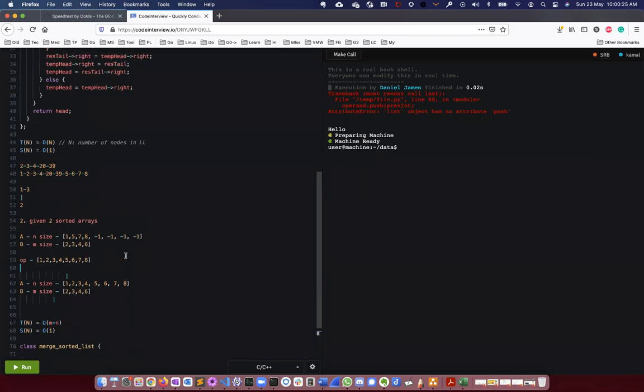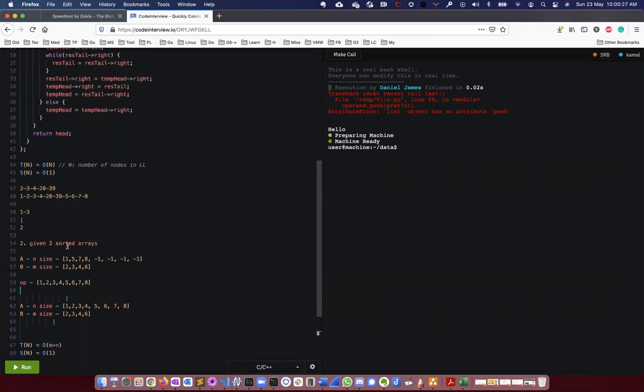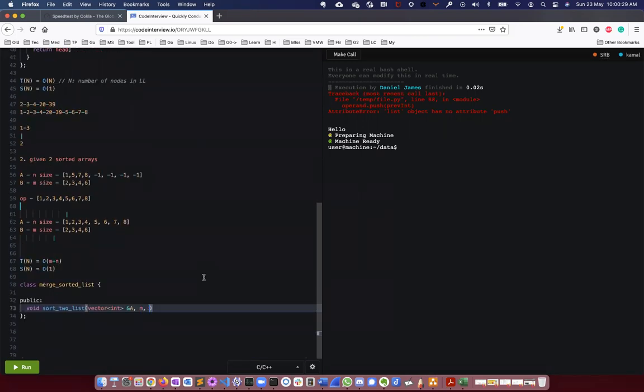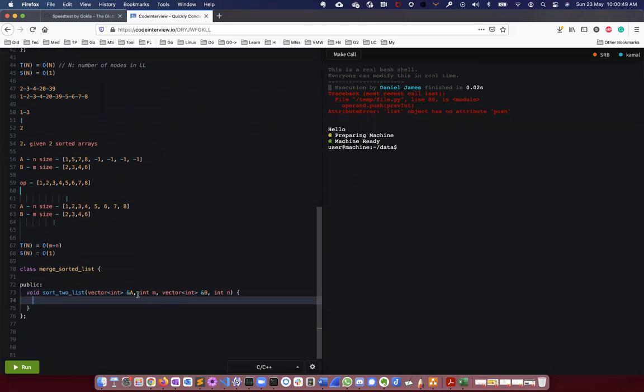So I'm taking the input size of the array because array A can be bigger, right?